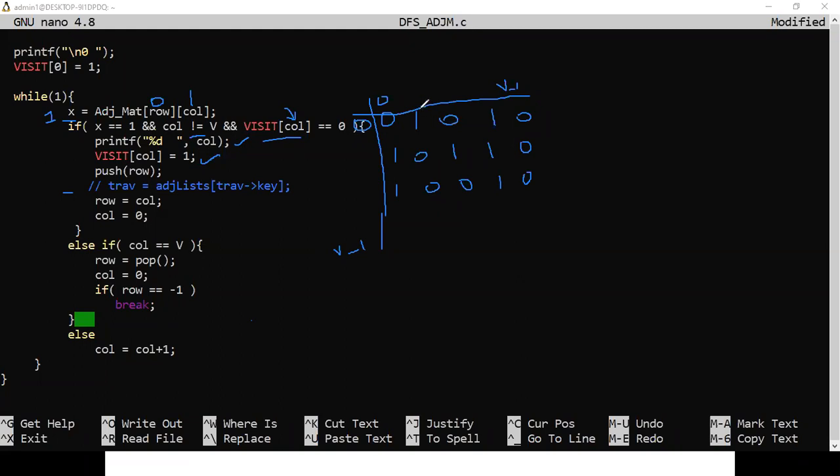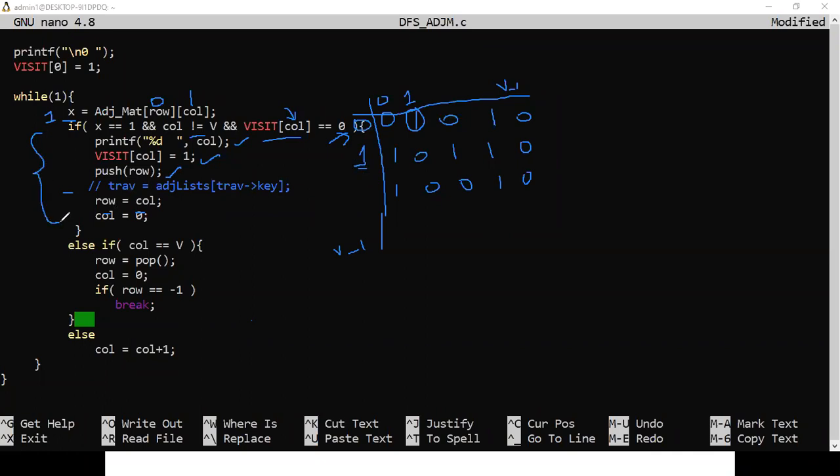So now we should jump to this particular row. So this is first row. Now the algorithm should jump to this row. Okay, we started with 0th row. Now we have to jump to first row. But again, you may have to come back to 0th row. So you have to push this row number into stack. So push that row number, and now previously whatever the column, that will become row, because now we have to move to this row. Okay, and from this row we have to start with 0th location. So column becomes 0. So this is the core logic.